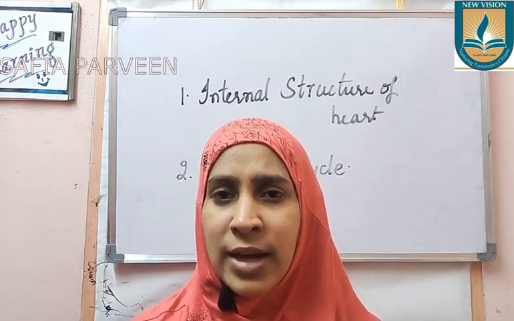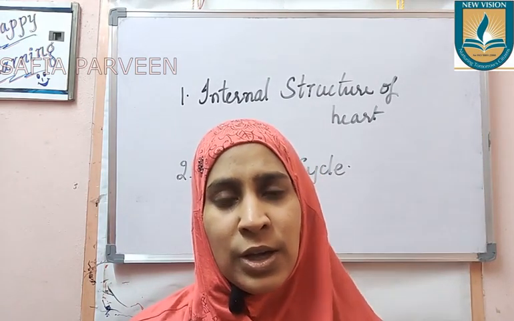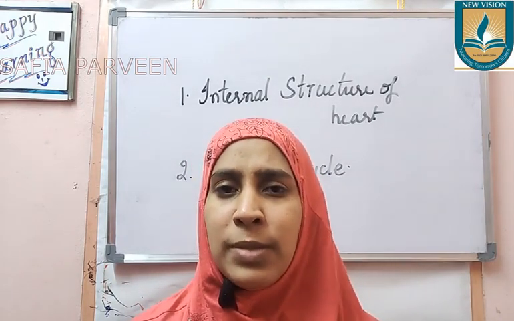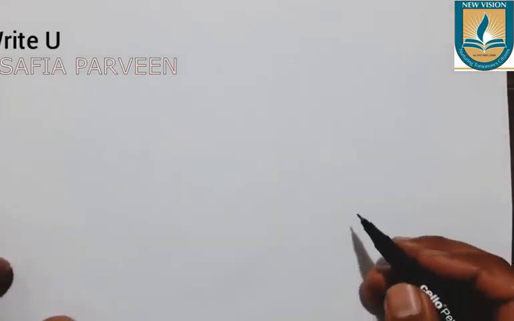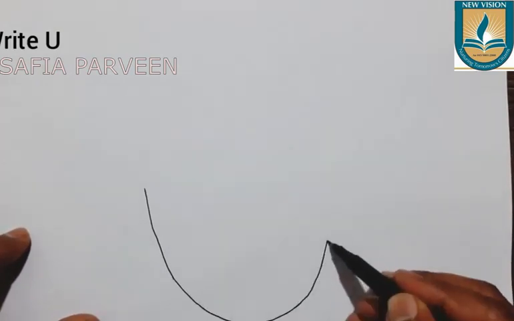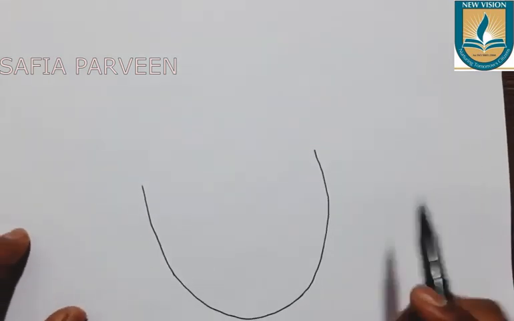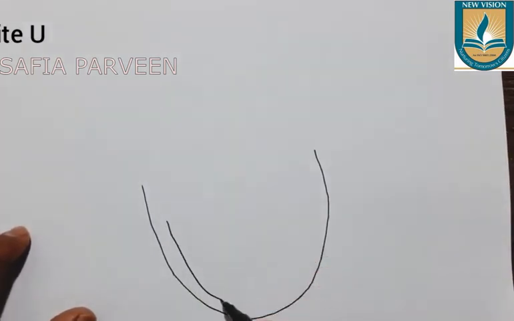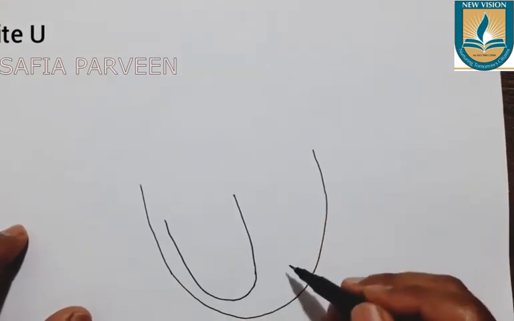Now, since the diagram of the heart is a very important diagram in your 10th class biology, I'll show you how to draw the diagram of the heart with some tips and techniques. You will also be drawing with me. Come, let's go. When you draw the diagram of the heart, carefully draw a coconut shape down, and in this you need to draw your right ventricle first, and then the left ventricle.